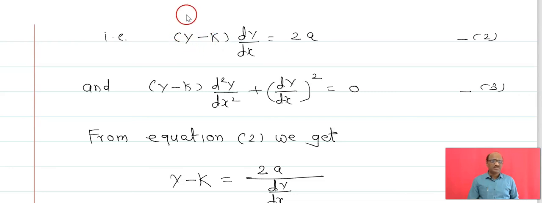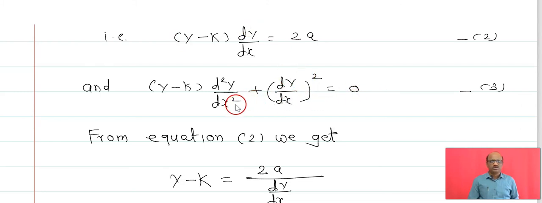Now here is dy by dx and again dy by dx. That will become (dy by dx) whole square. Here the product rule is applied. First, keep y minus k as it is. The derivative of dy by dx is d2y by dx square, plus this dy by dx as it is, and the derivative of y is dy by dx into this dy by dx, that will become (dy by dx) whole square, that's